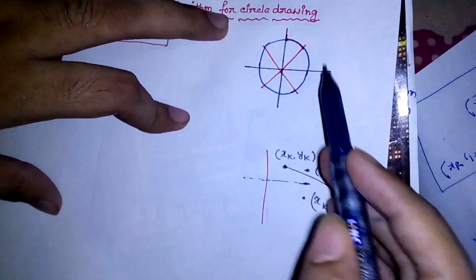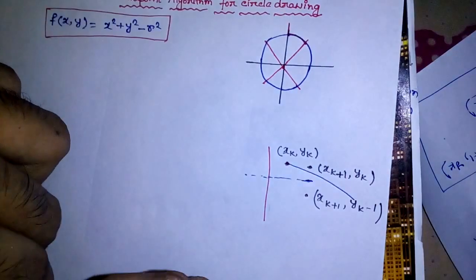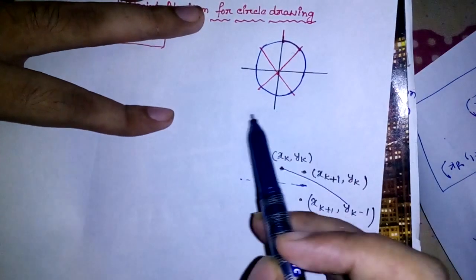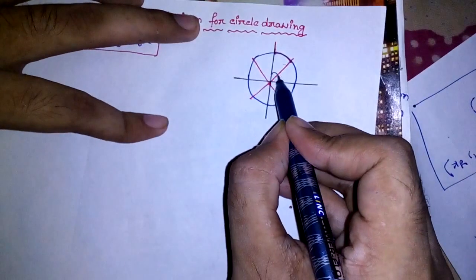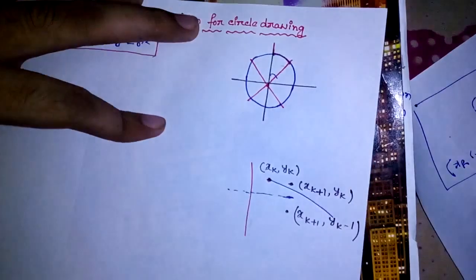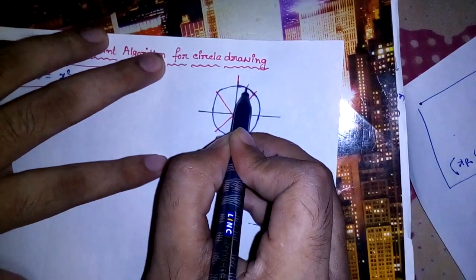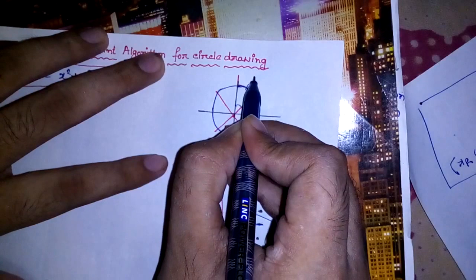A circle has a property of eightfold symmetry. It means that I can divide the entire circle into 8 equal segments of 45 degrees each. So this one is 45 degrees. Now if I can draw one of the segments and get one of the points, let's say this